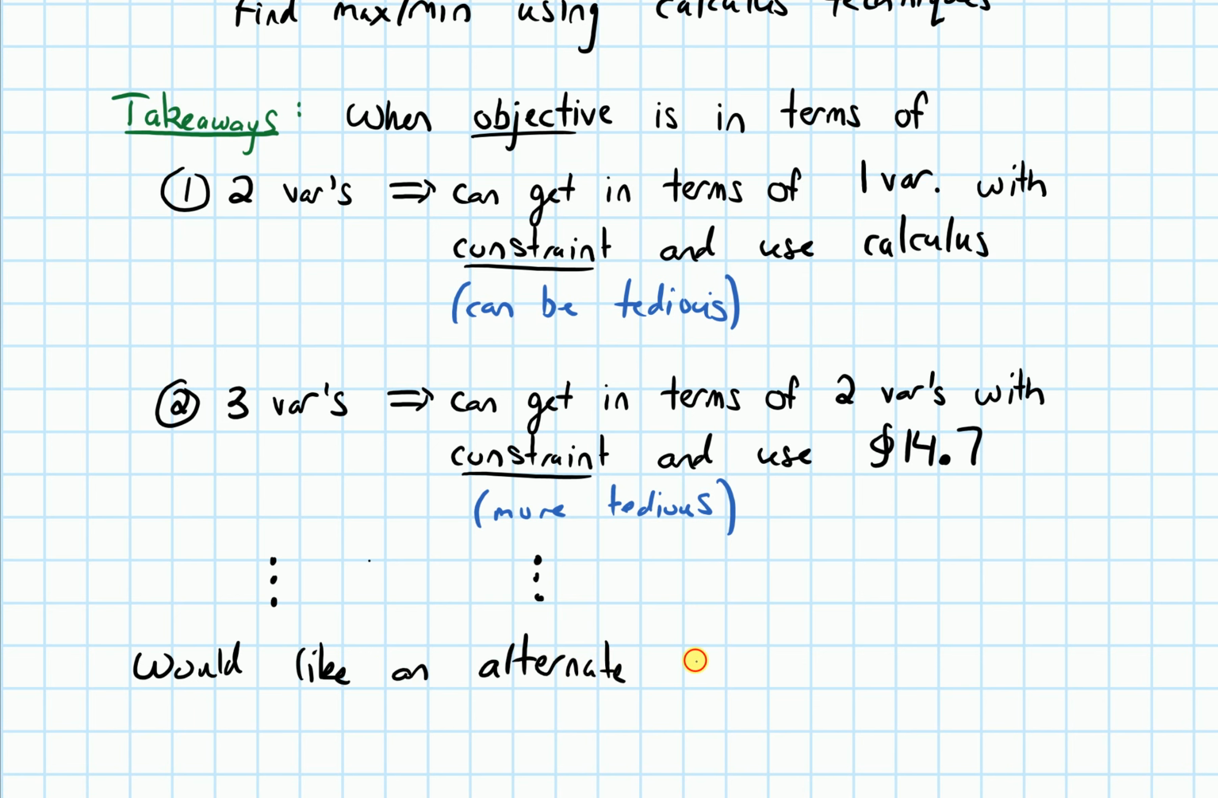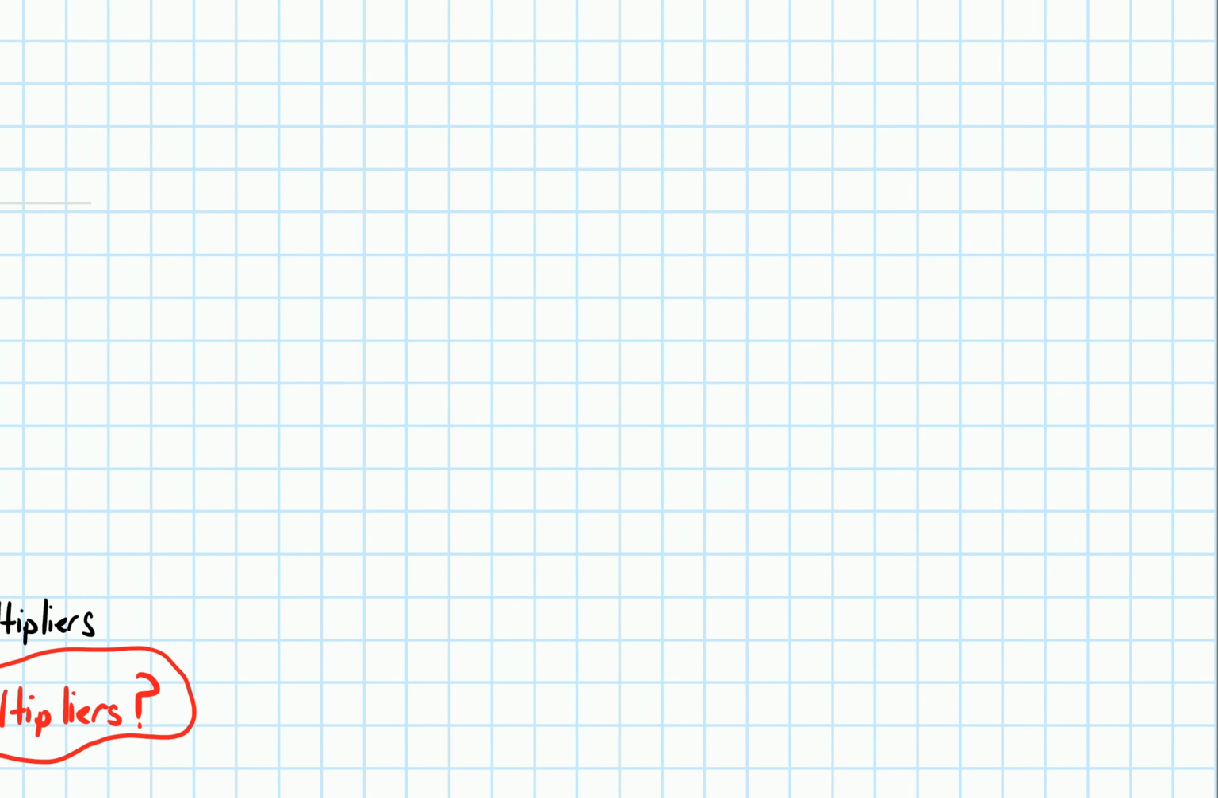We would like an alternate method. Okay, so that's what I want to talk about next. How do we motivate this alternate method? All right, so let's let the distance, technically it's the distance squared that we're looking at right now,